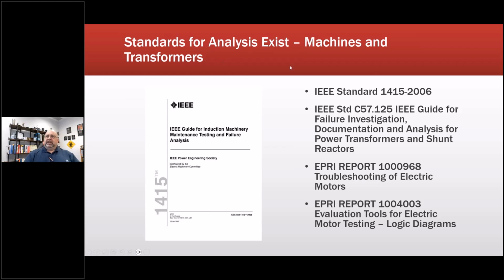So anyways, getting into the standards. This is obsolete right now. I want to say it's been administratively withdrawn, and there's a reason for that. 1415, I was the secretary for it. We sorted it out. We got it done. That standard is,